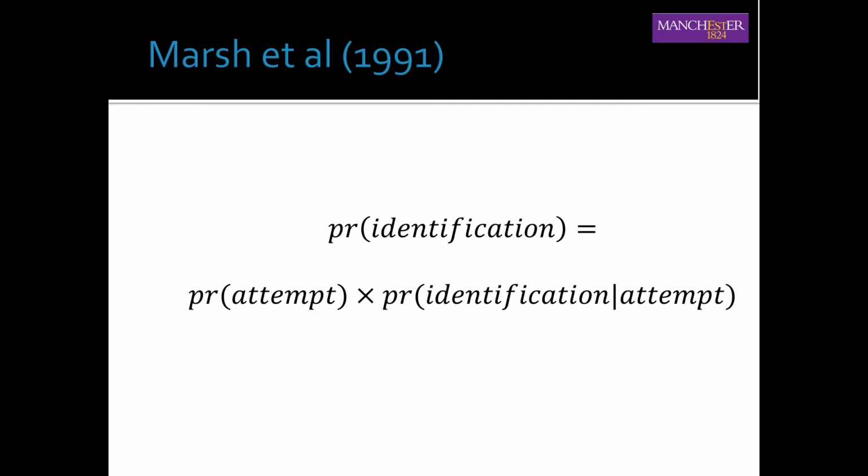And therefore most of the work is focused on this third part of the equation, the probability of identification given an attempt. And therefore some very sophisticated models have been developed looking at the structure of data and so forth. However, we have tended to treat probability of attempt as if it is unity, 1, and that has led to overestimations of risk.